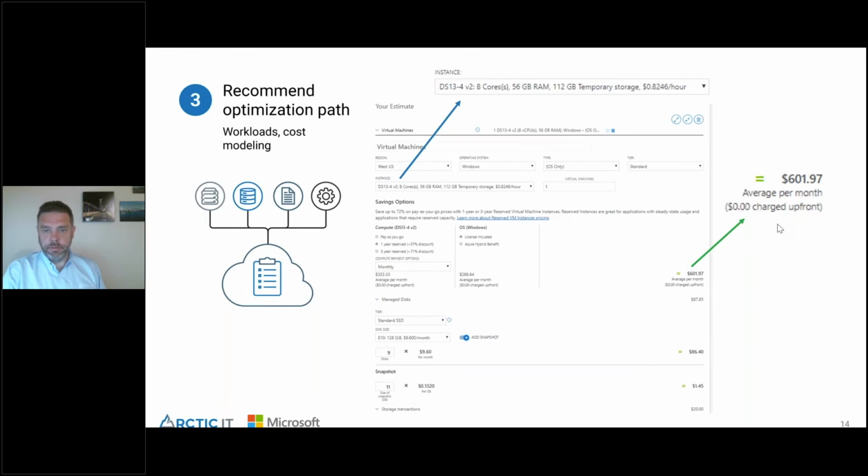So checking that box, and this is a process that we can take customers through, will show you savings sometimes up to 75% just based on how much licensing cost is going into this cloud workload. So just something to think about. If you have any questions on that, feel free to reach out, because the calculator can get a little confusing sometimes, but we're happy to walk you through it.